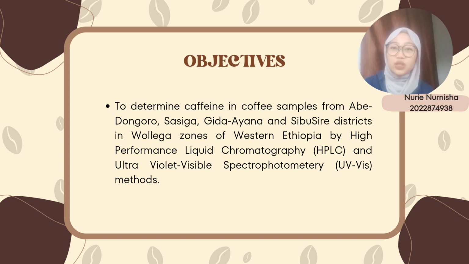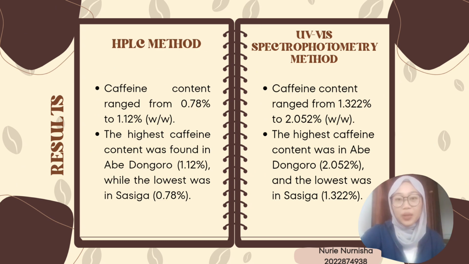The objective is to determine the caffeine in coffee samples from Dongoro, Sasiga, Gida Ayana, and Sibusir districts in Wollega zones of Western Ethiopia by high-performance liquid chromatography, which is HPLC, and ultraviolet-visible spectrophotometry, UV-visible method. So for the result, with the HPLC method, the caffeine content ranged from 0.78% to 1.128%